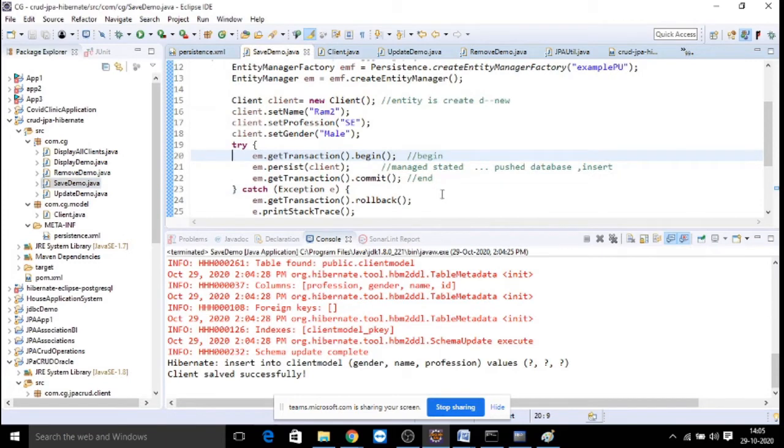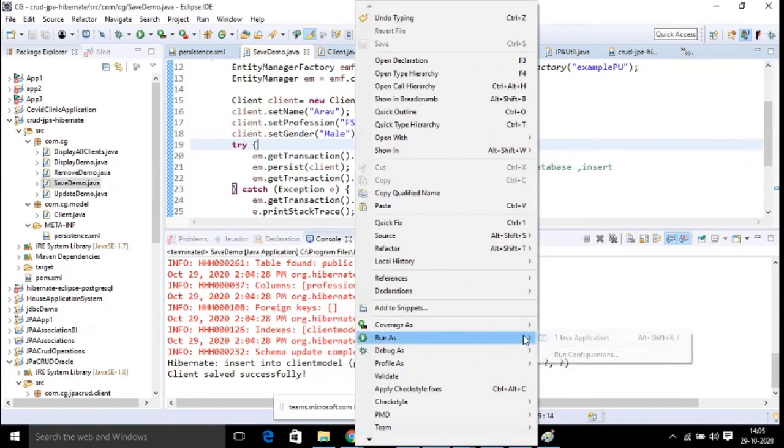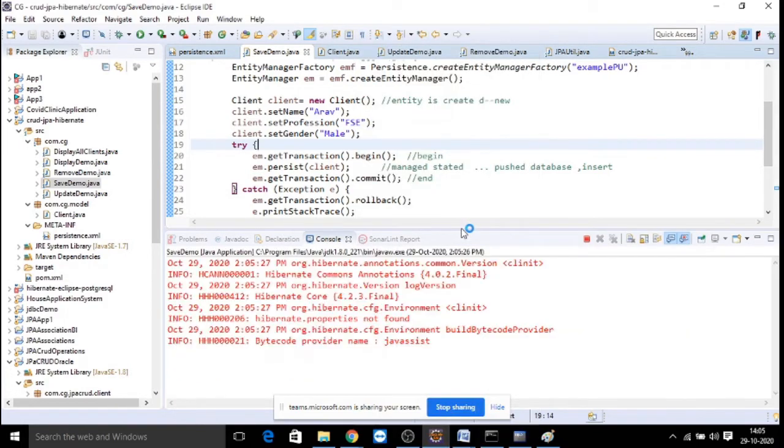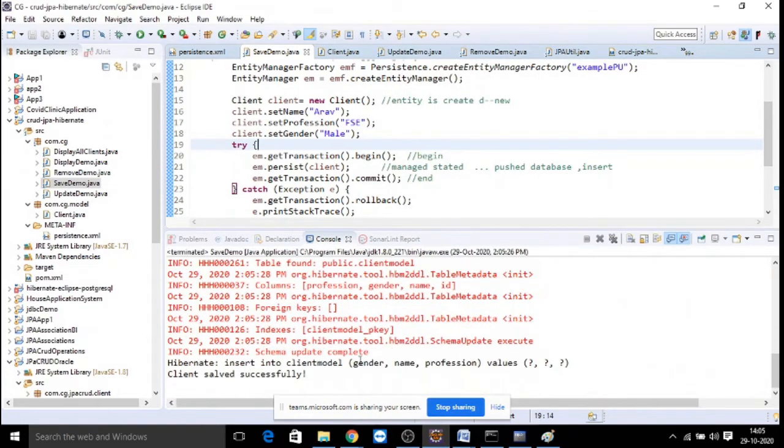Suppose you wanted to add one more record, you just go here. Create one more record, full stack engineer, and then mail, save it, right click, run as Java application. It gets inserted.